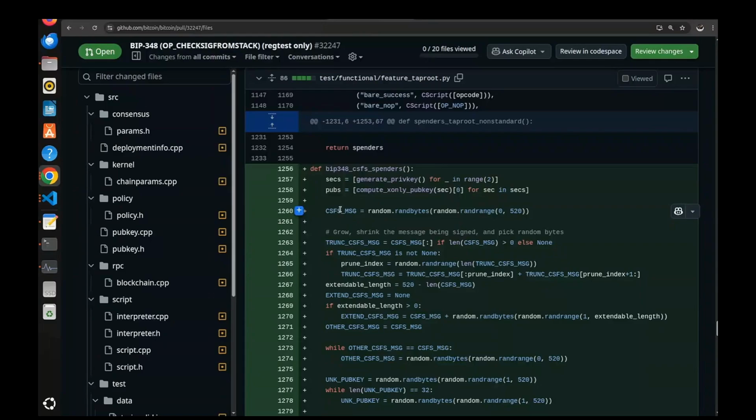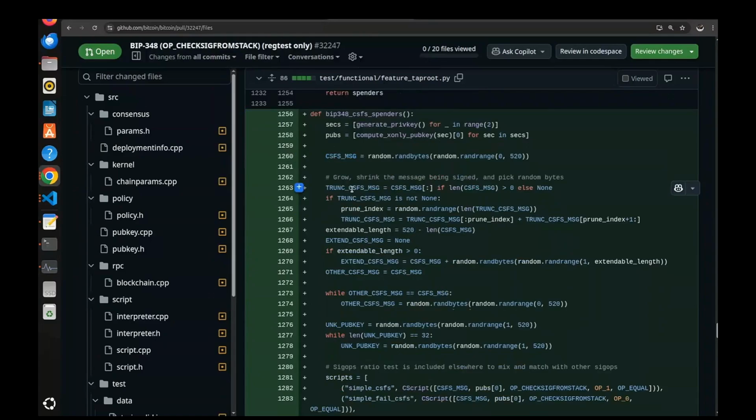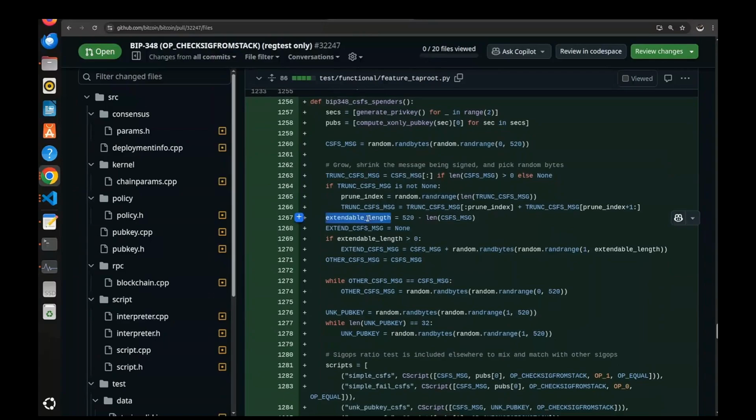Here the foundation for the message is 520 bytes, and we are further splitting the message into three or four types, like the truncated message, where we are just removing the first byte from the message, and in the extendable length, we are just extending the message